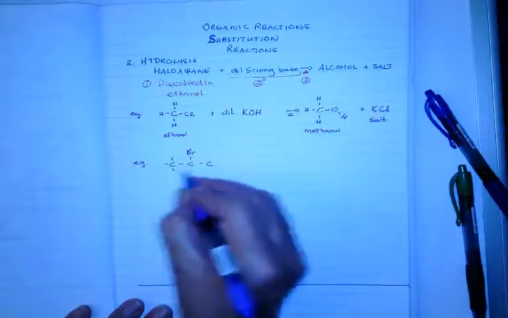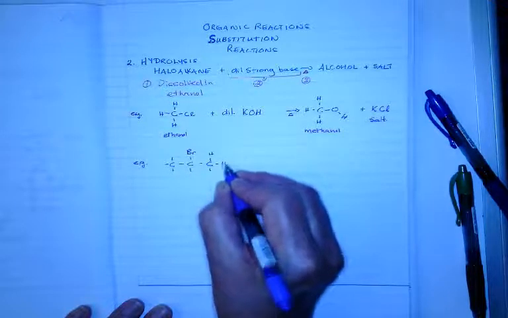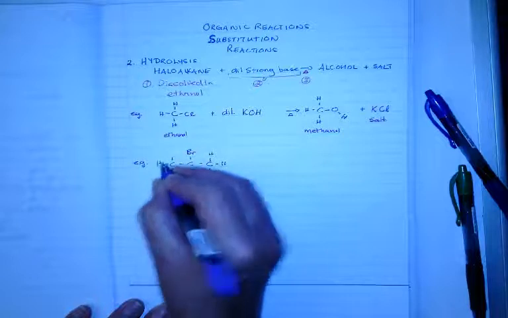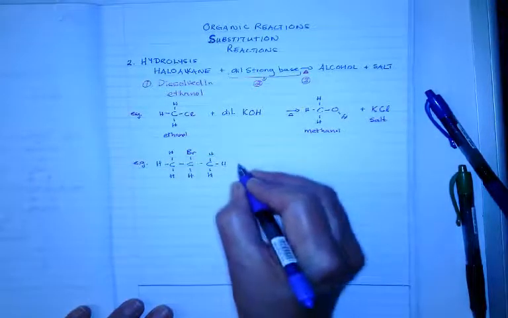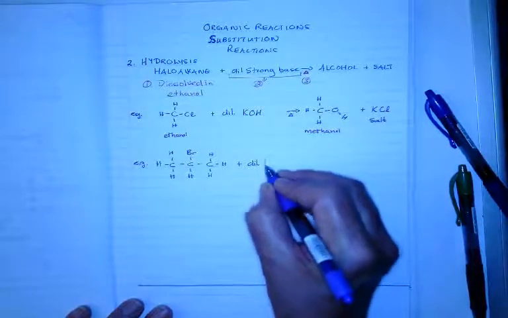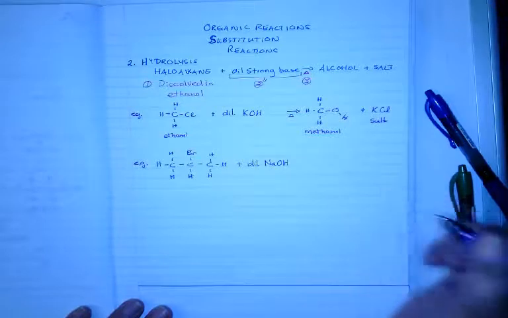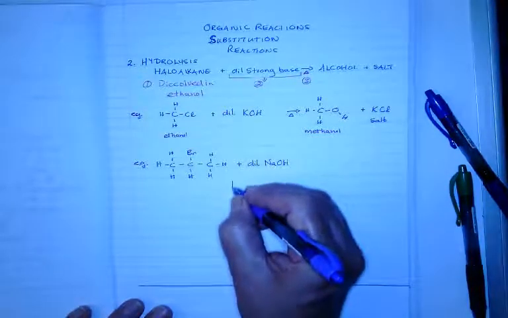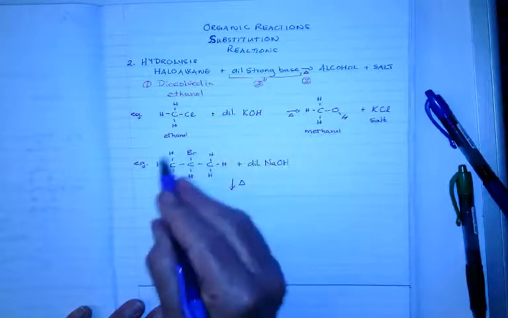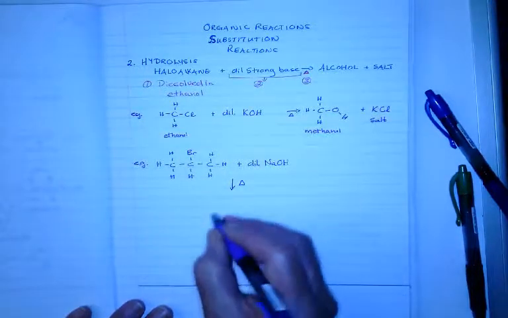This is a haloalkane, and we'll do a substitution reaction where we need dilute strong base. So I'll add dilute sodium hydroxide in this case, and in the presence of heat, and this haloalkane must be dissolved in ethanol. It will form